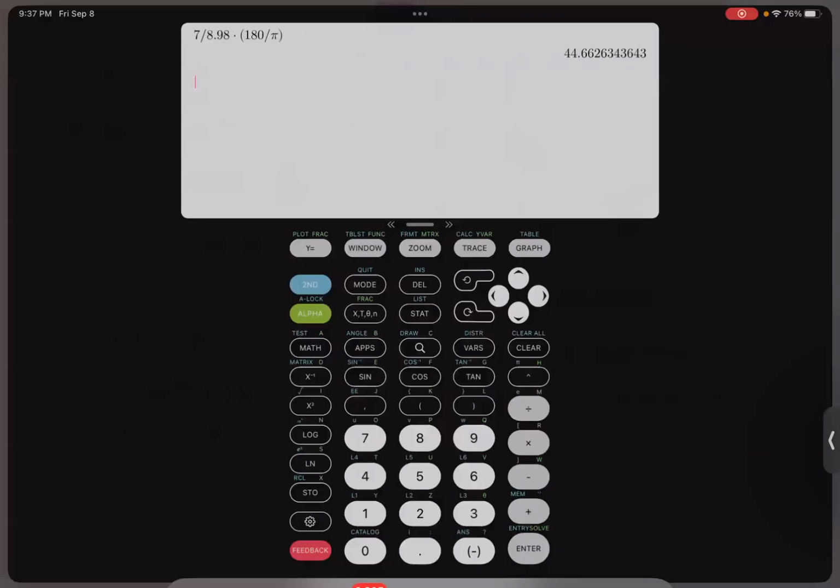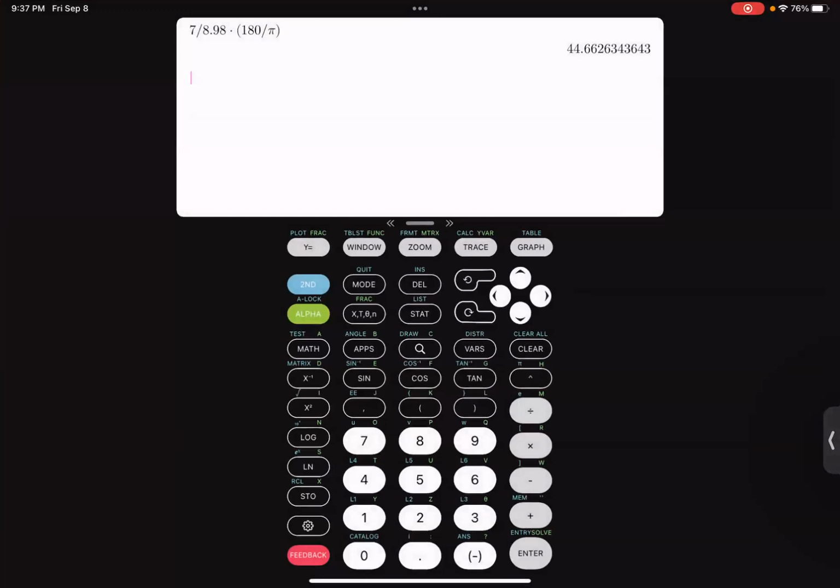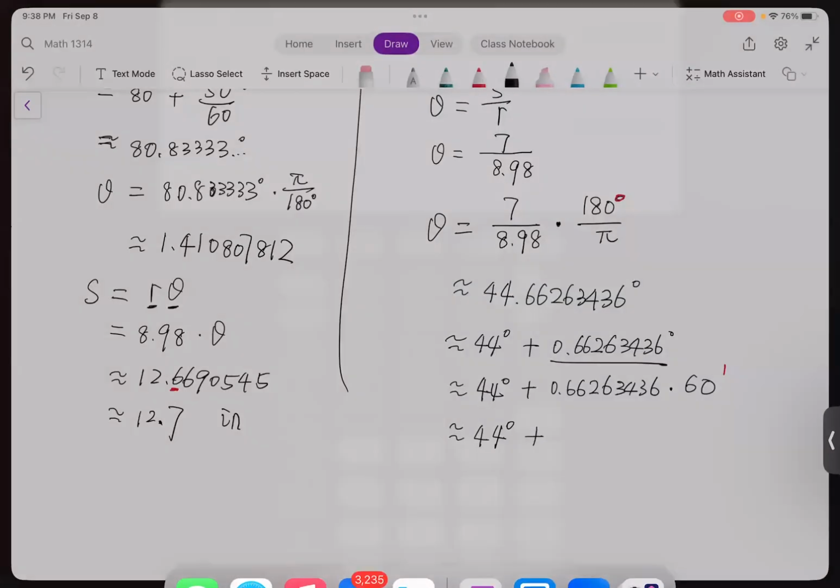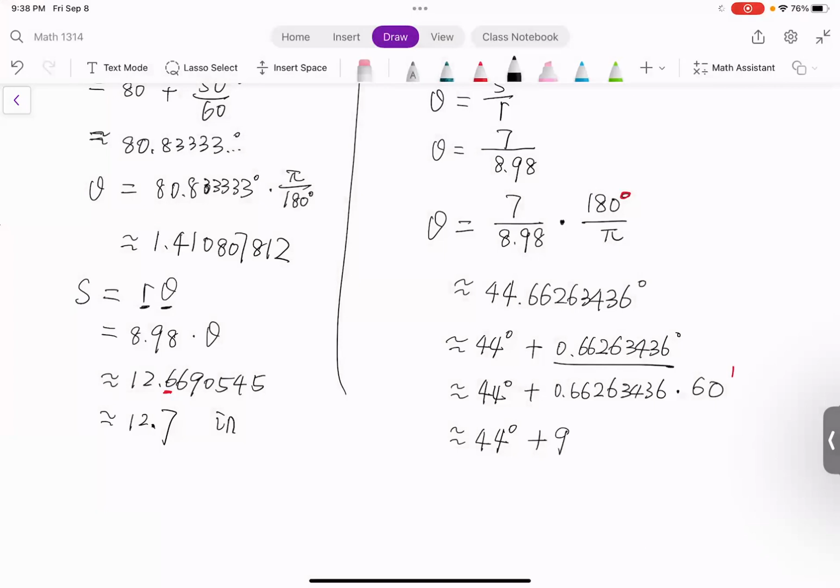So let's use a calculator to find the solution. So use this and go minus 44. Then this is the decimals. Convert the decimals to the minutes, multiply by 60. So that's 39.75 something. Let's copy this. That's 39.75806186. This is the minutes part, and the question says only round it to the nearest minutes, so I cannot